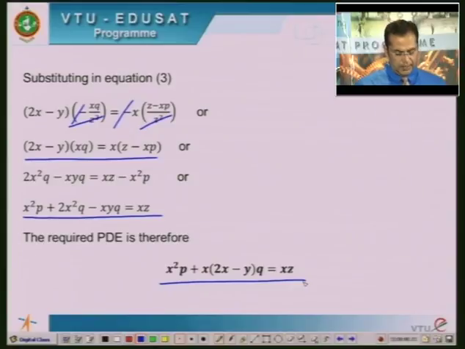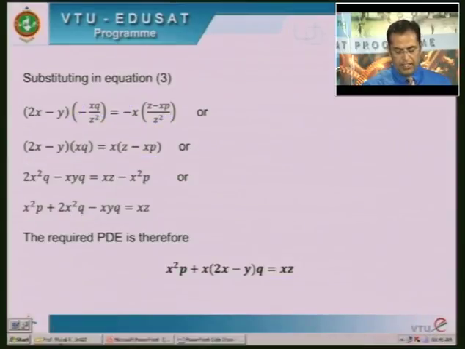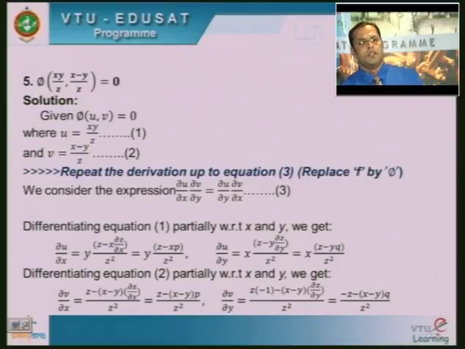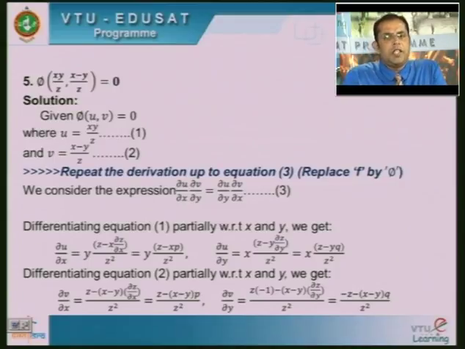As you see, friends, all the examples follow a common method. The only thing is that you should do the differentiation process correctly, identify the correct variables and do the differentiation either with respect to x or with respect to y. In the next example,